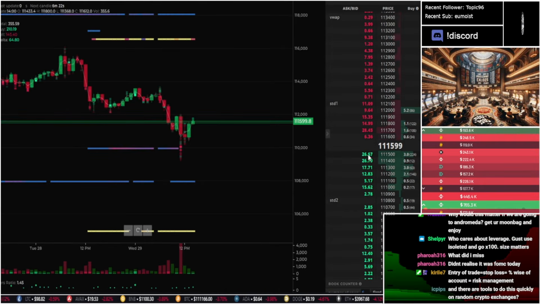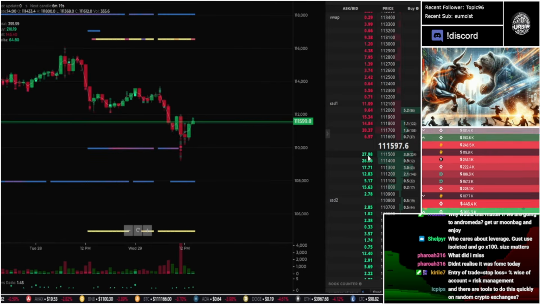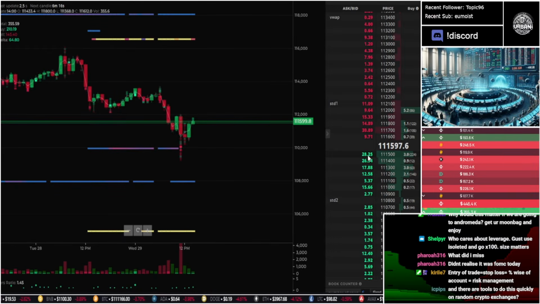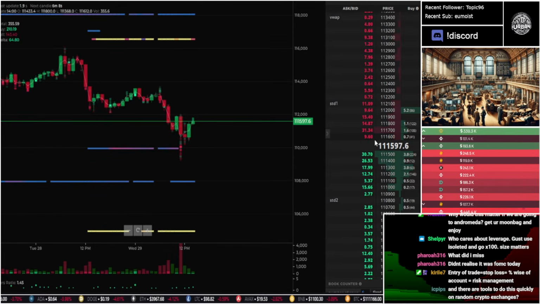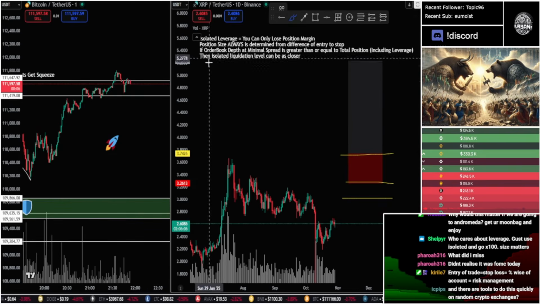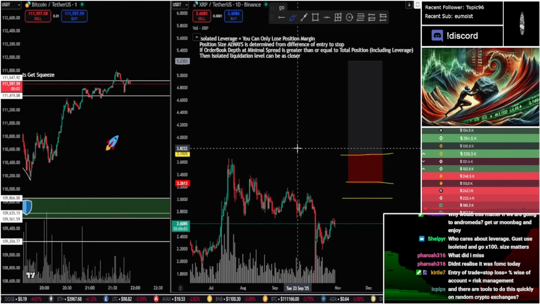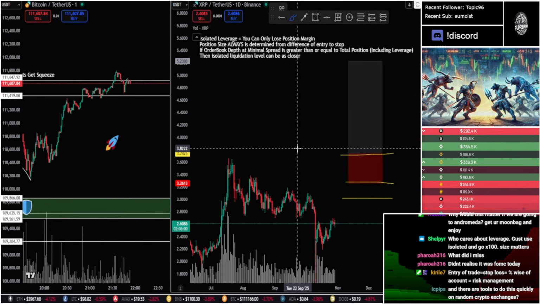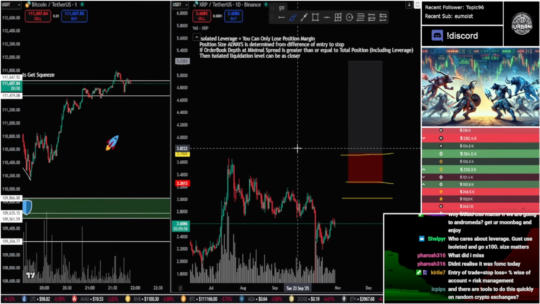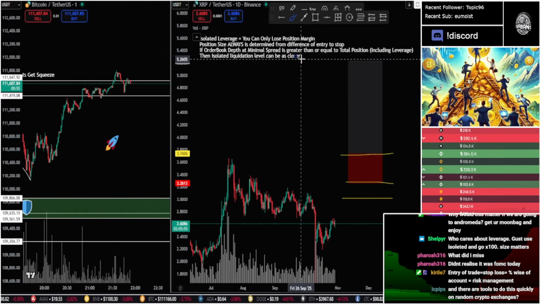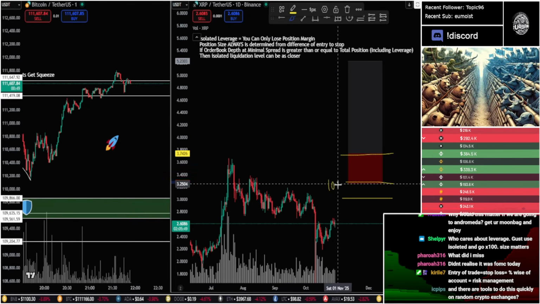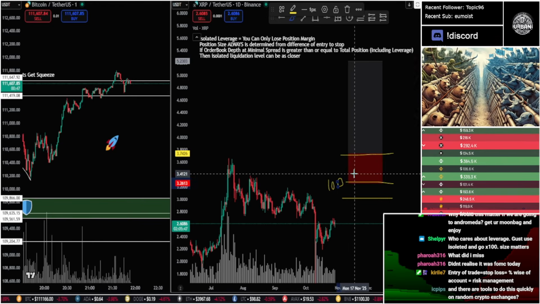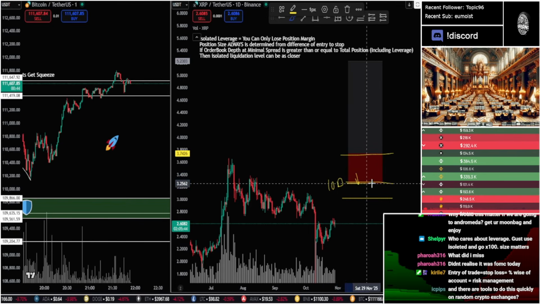If the average bid is greater than or equal to 10 Bitcoin, and the average ask, like the closest one with the least amount of spread, is greater than or equal to 10 Bitcoin or your position size, then you don't have to worry about your liquidation getting hit because of slippage. Your stop loss should get hit at the price you want it to get hit at without slippage. So like, if there's 10 Bitcoin here willing to be bought and you're trying to exit with 10 Bitcoin, then you would get hit exactly at your stop loss.